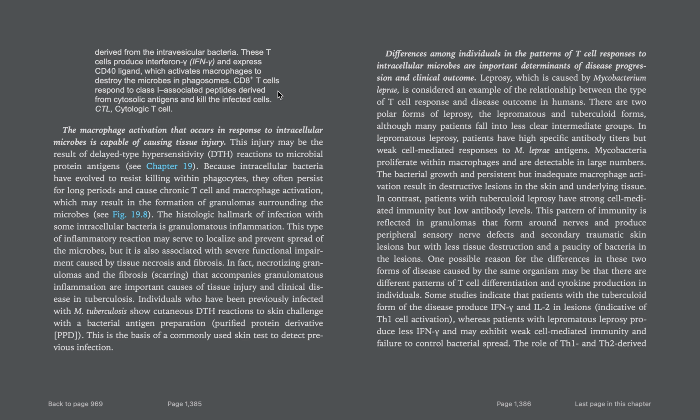The histologic hallmark of infection with some intracellular bacteria is granulomatous inflammation. This type of inflammatory reaction may serve to localize and prevent spread of microbes, but it is also associated with severe functional impairment caused by tissue necrosis and fibrosis. In fact, necrotizing granulomas and fibrosis scarring that accompany granulomatous inflammation are important causes of tissue injury and clinical disease